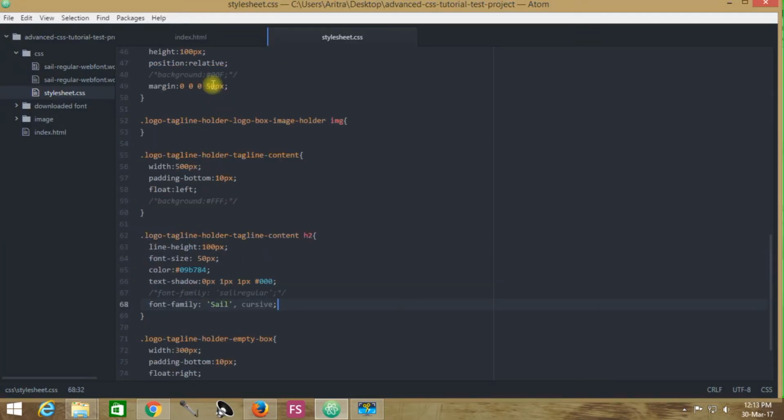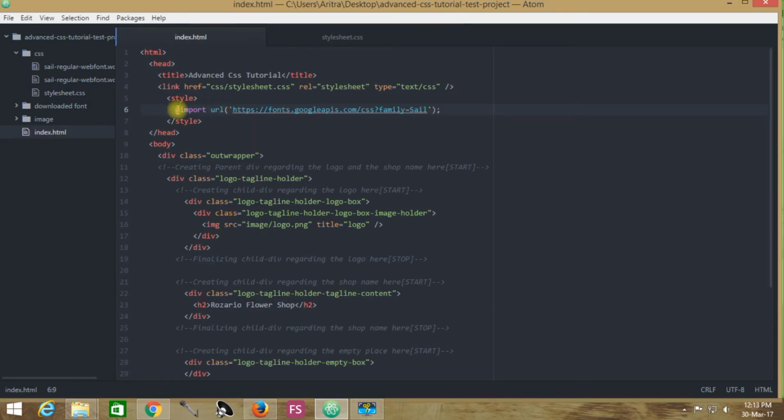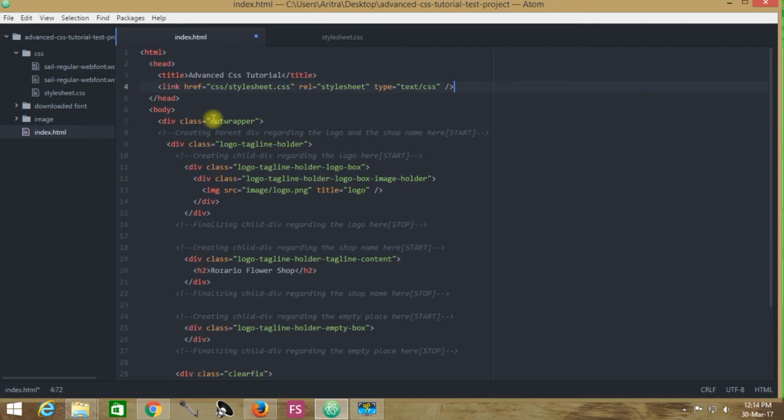Actually what you are doing over here is using the @import syntax, and you are using it directly in your project. Now you may use the same thing in your stylesheet.css. All you need to do is copy this code, then remove this style statement from your head tag.